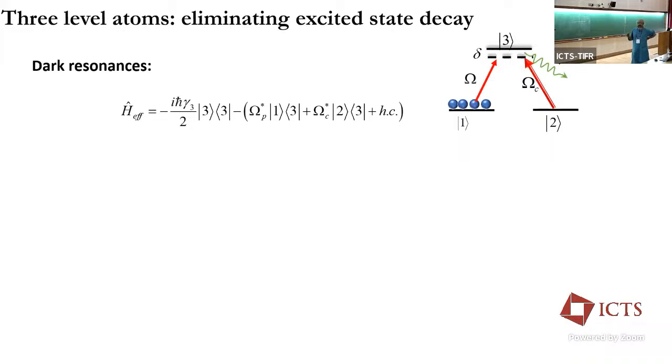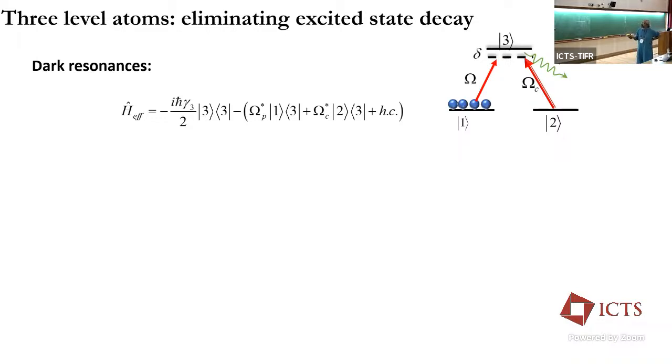So there is some very nice physics, almost 30 years old, where people realized that, firstly, if you can have two very stable states, for example two ground states, you can do this mapping of the photonic states very well. So somehow you need to eliminate this excited state. And how can you do that? It's a very clever trick.